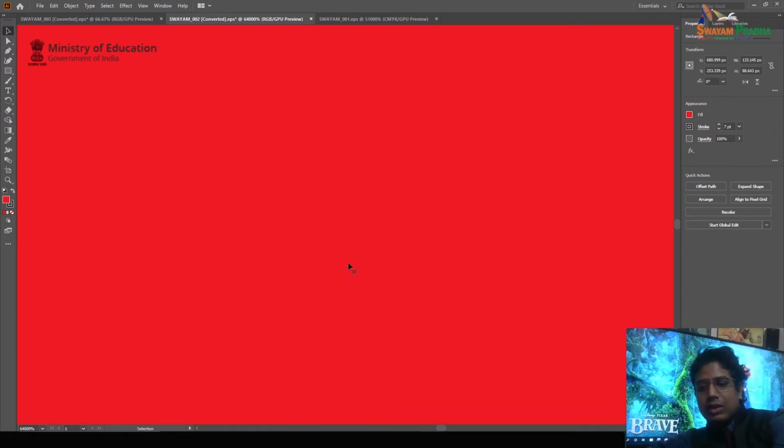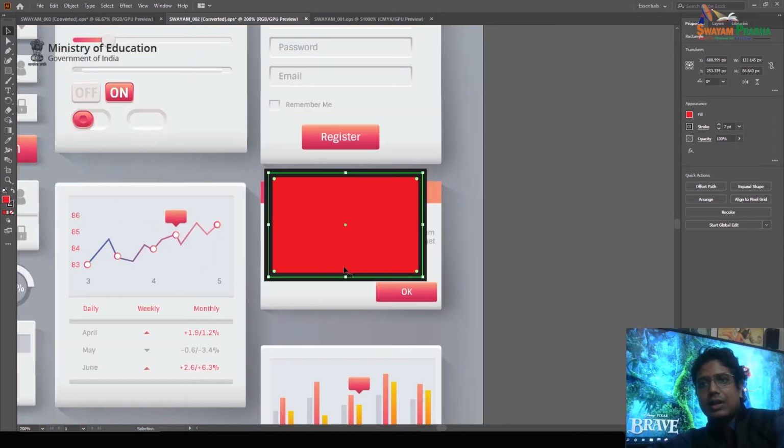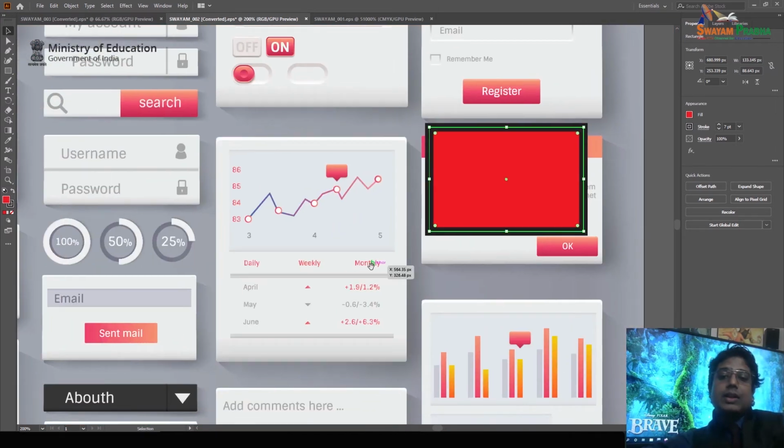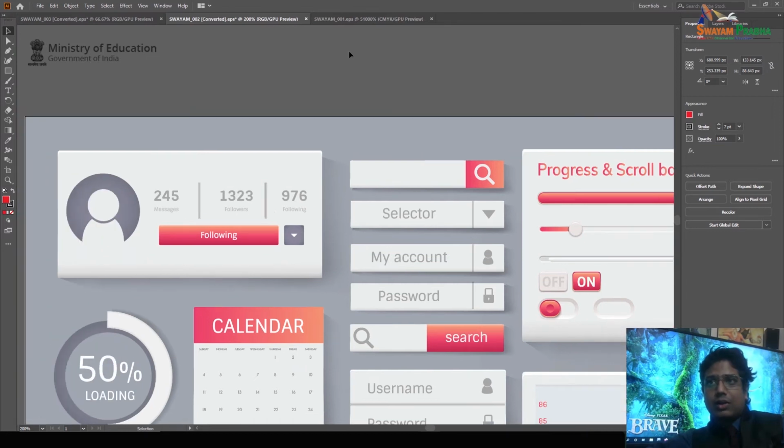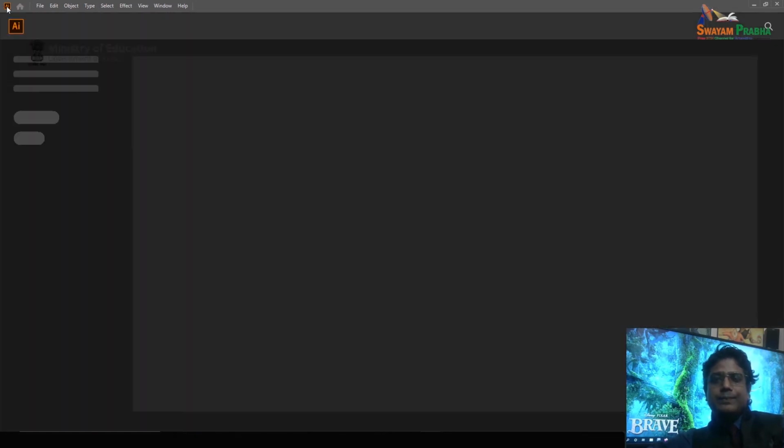That's why I told you earlier, whenever we have to design something that needs to be printed in a small or bigger size, vice versa, it is one of the best options to work with, right? So this is the interface of the application named Adobe Illustrator. Fine.